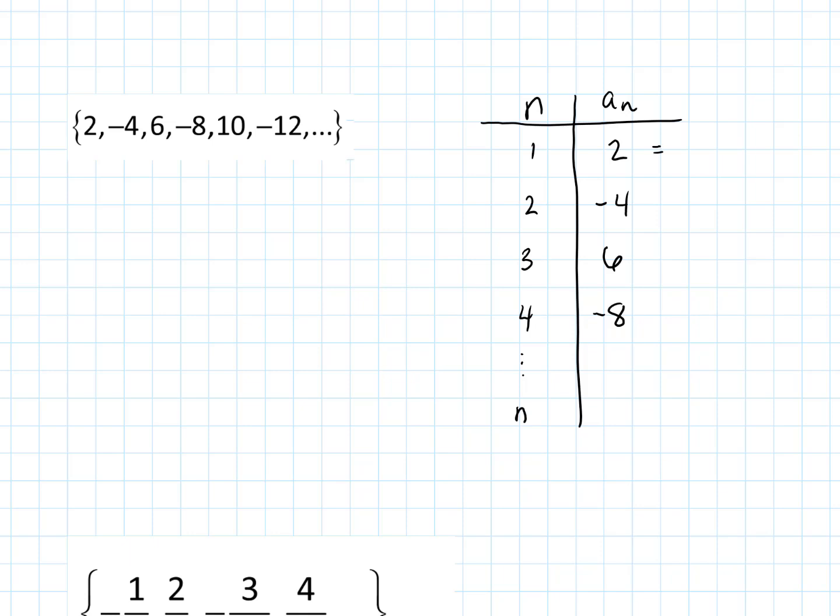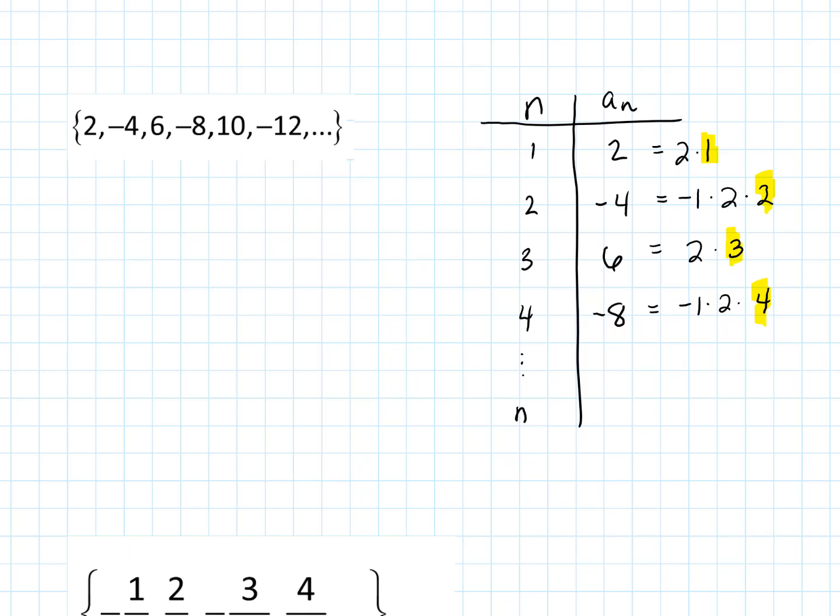I would say on this one, it's looking like each time we're going up by 2. So we've got a 2 times 1 here. On this next one, we have that -1 times 2 times 2. On the third term, we've got a 2 times 3. And on the fourth term, we have a -1 times 2 times 4. And so we can see here that index